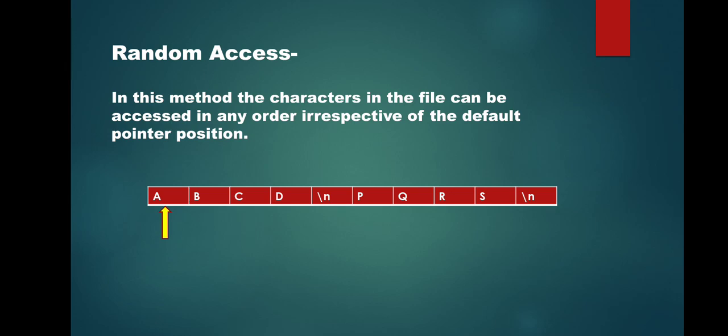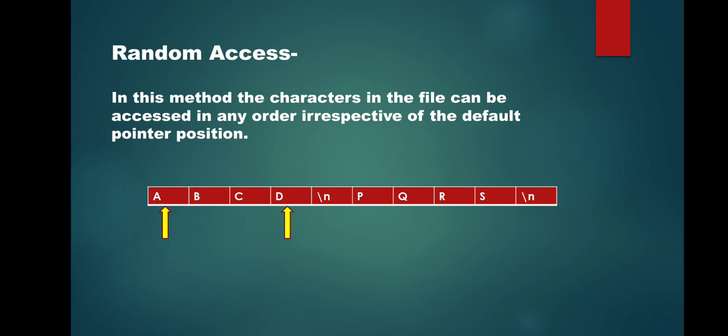Now, if I want to read character D, I do not have to read the first three characters. I can directly move to the fourth character. Right? So random access allows you to read any character from any position of the file.